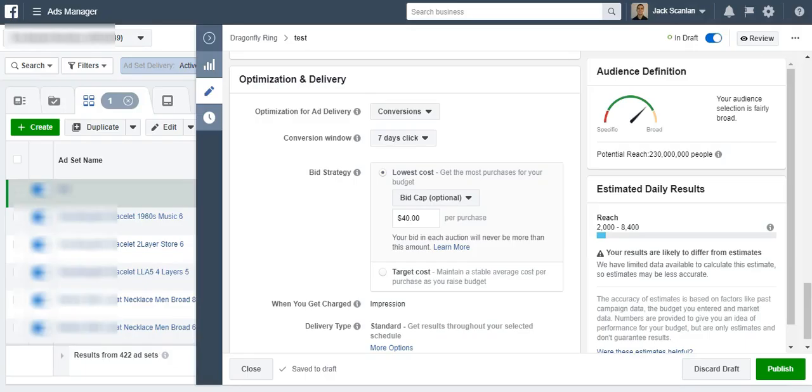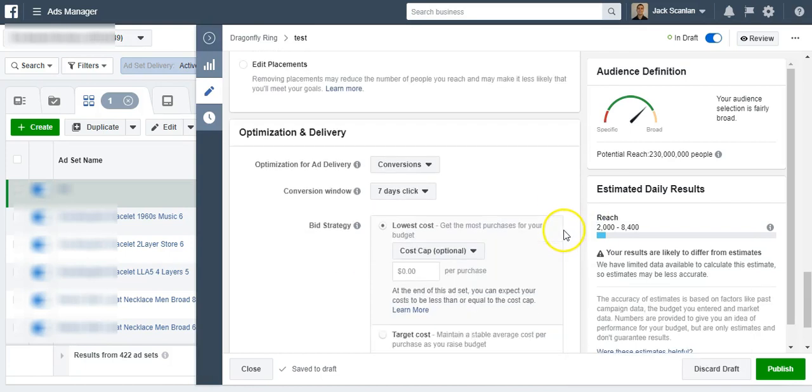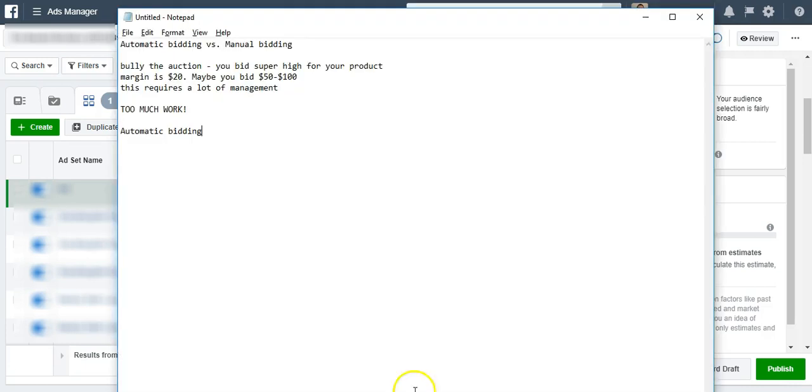And I want to show you exactly how I'm doing that, right? So I don't do any of this stuff. Okay, we're going to take this out. Okay, and we're just going to use lowest cost. All right, and this was set on here. I'm just going to leave it as it was. Lowest cost, we're just going to let Facebook use our budget up top here, and we're going to let them spend that budget. Now, what's working best for me right now this month is $5